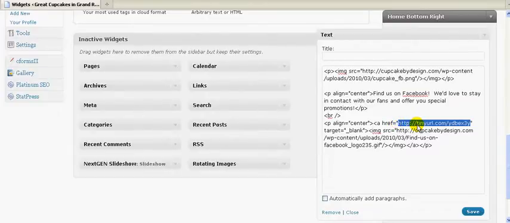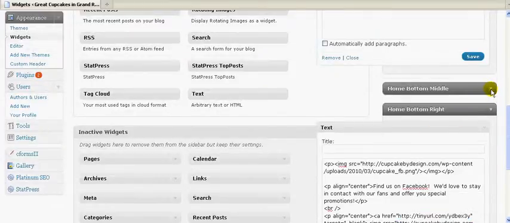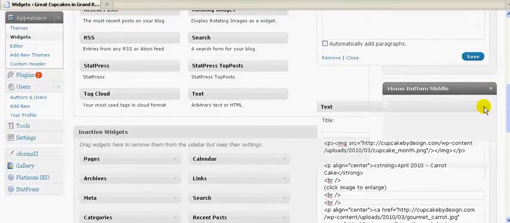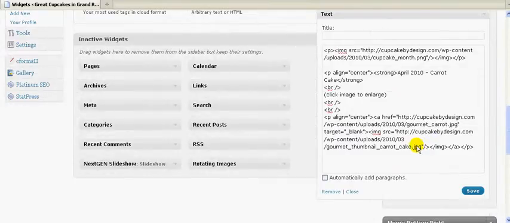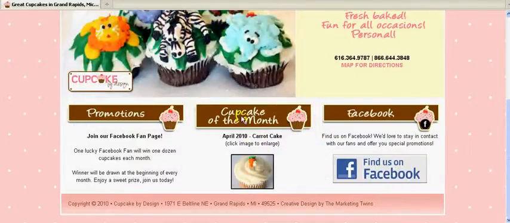I can't remember if you have the shortened facebook.com/Cupcake by Design. If you did, we could always put it in there too. But nonetheless, this tidy URL gets you to the Facebook fan page for Cupcake by Design, which is what we wanted it to do. So anyway, for the home middle section,